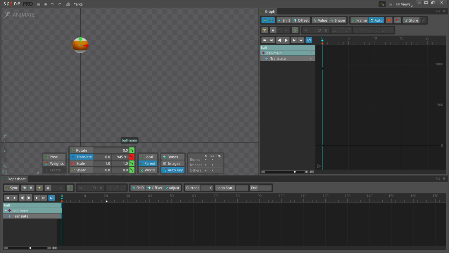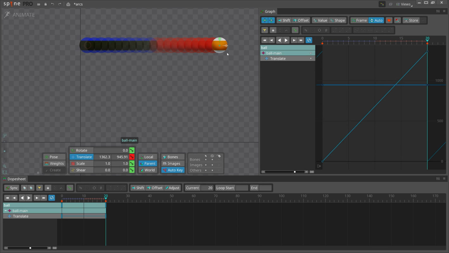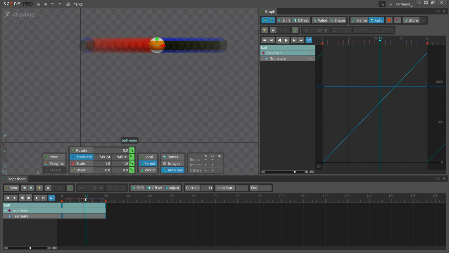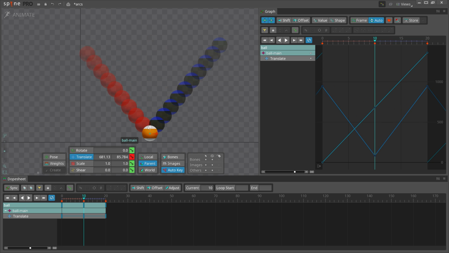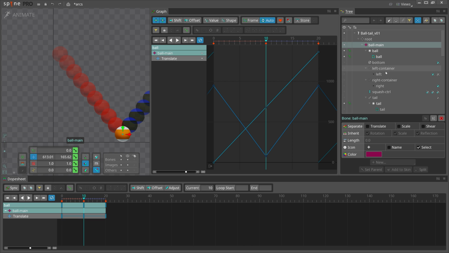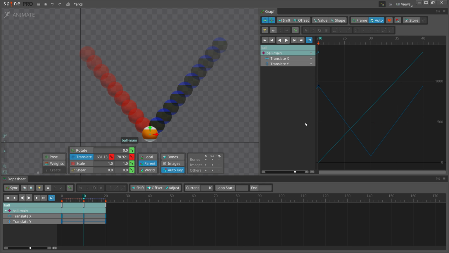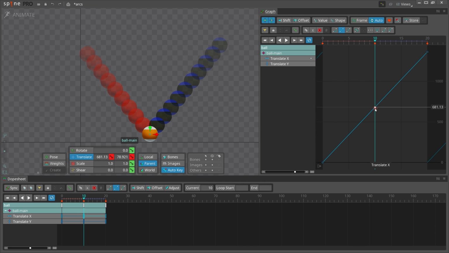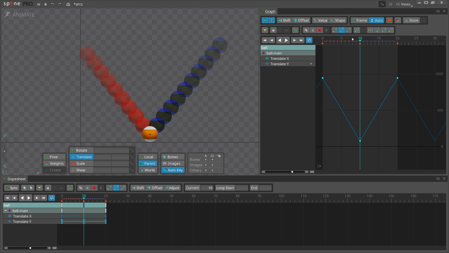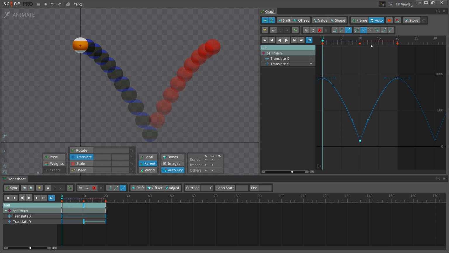For example, let's look at a basic bouncing ball animation with 3 key poses. If the keys use linear interpolation, it looks very mechanical and unrealistic. The ball needs to follow an arc, and we need to consider the slow in and out caused by gravity. In the graph view, this is easy to achieve by keeping the X movement constant and changing the Y movement to slow out and fast in, then fast out and slow in. This gives the ball an arc.